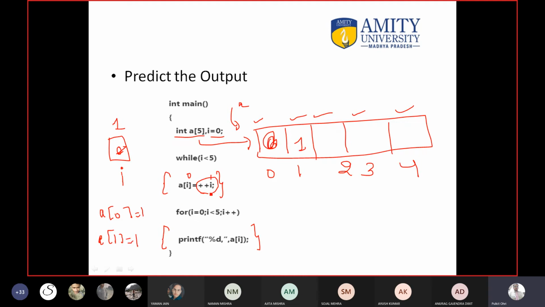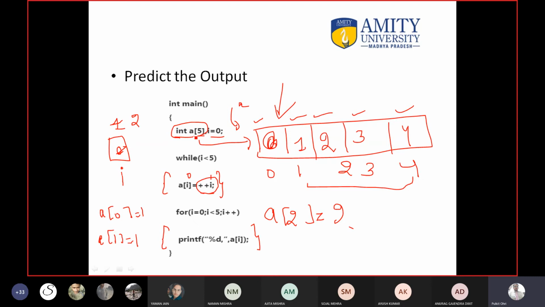Then when the while loop works again, here plus plus I means the value becomes 2. So here on the left side also the value will become 2, because you know the variable is the same. I is a single variable, so it can have value 2. So here 2 will get filled, here 3, here 4. So at 4 places the garbage value is overwritten, but at the first place the garbage value is not overwritten, because I have told you, if in the same line you are not initializing the array with some value, then garbage value gets there, not the 0.